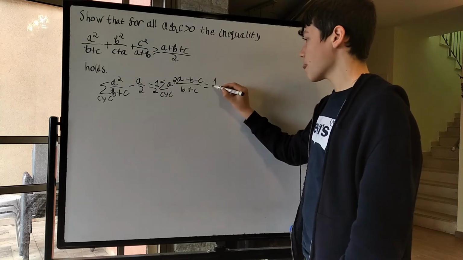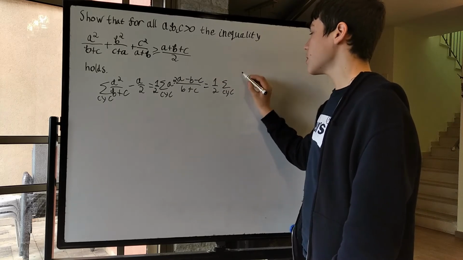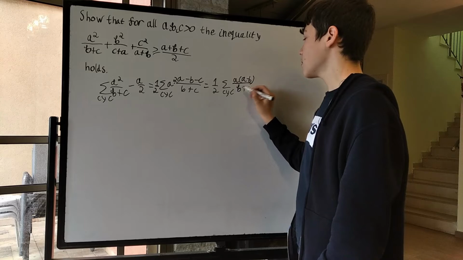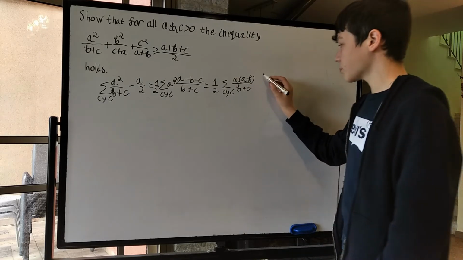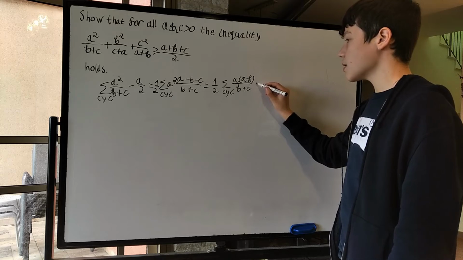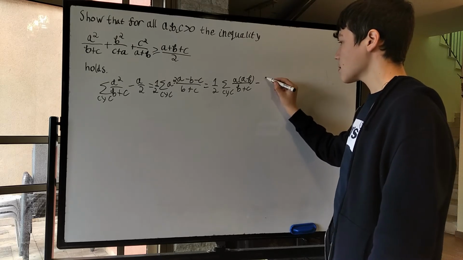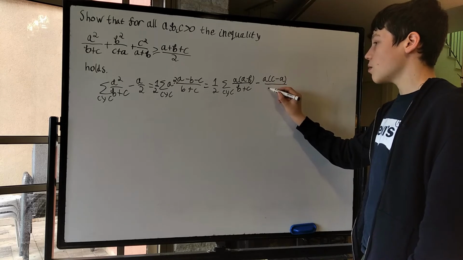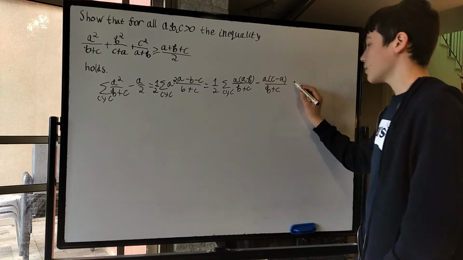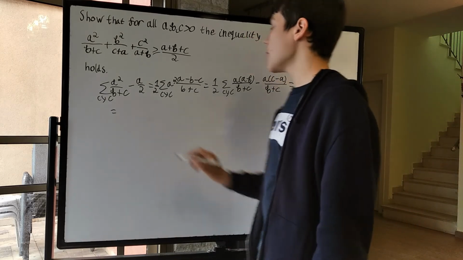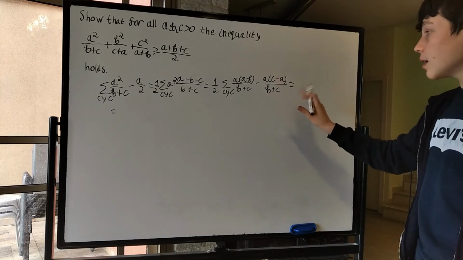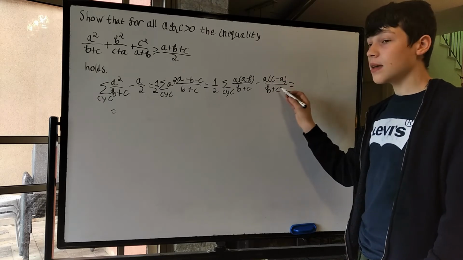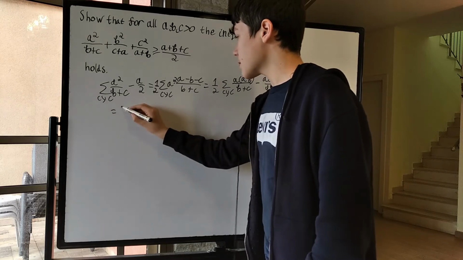And now, this is the cyclic sum of a times (a minus b) over (b plus c), and this is minus a times (c minus a) over (b plus c). And now we can shift this cyclically forward. So a is replaced with b, c is replaced with a, and b is replaced with c. And so we get 1/2